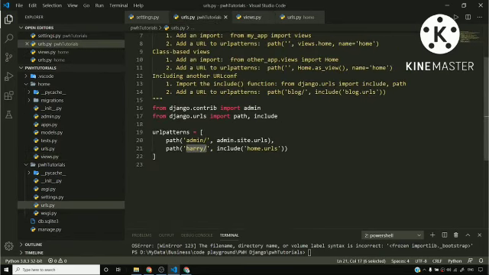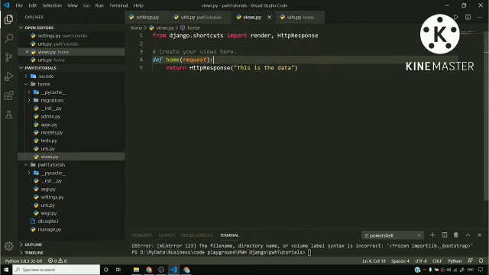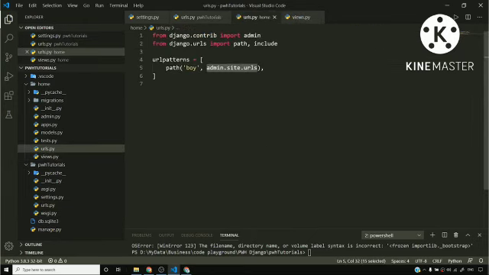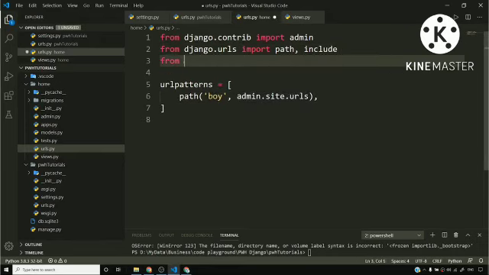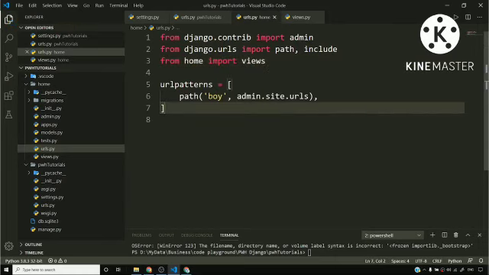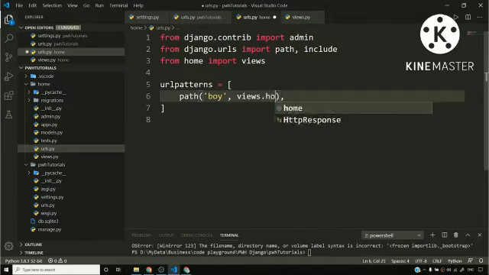Now whenever somebody types in /Harry/boy, which is here, I want him to be redirected to the home function of views. So I'll say from home.views, or from home import views. Okay. And what I'll do is, I'll say whenever somebody comes to boy, you have to redirect him to the home function. So I'll say views dot